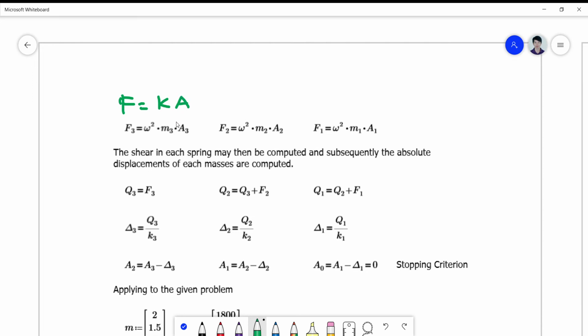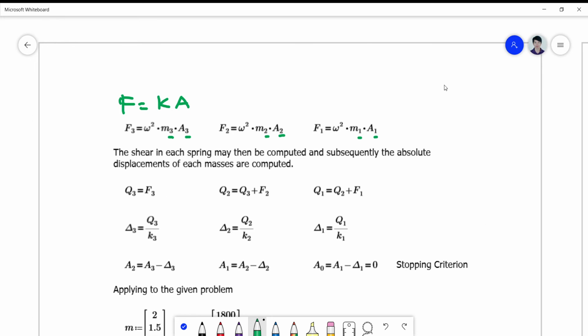Okay, so for F3, F2, and F1, there will only be changes with the subscript, and taking note of the shear forces now in each spring, which is computed on the basis of absolute displacement of each mass,